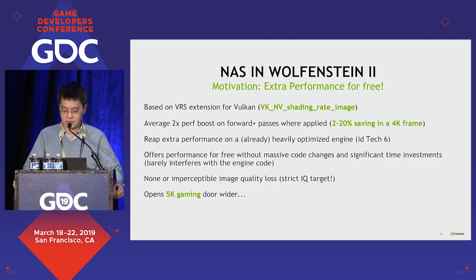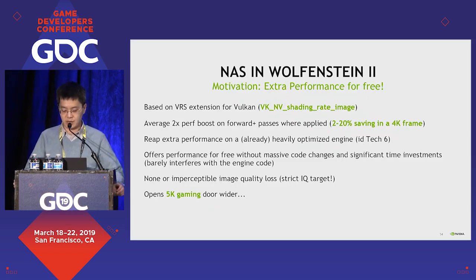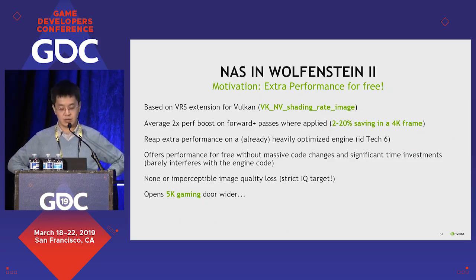So NAS integration in Wolfenstein 2 is based on the VRS extension for Vulkan. It brings us an average of 2x performance boost on 4 shading passes, which translates to from 2 to 20% savings in the whole 4K frame. This is extra performance almost for free,